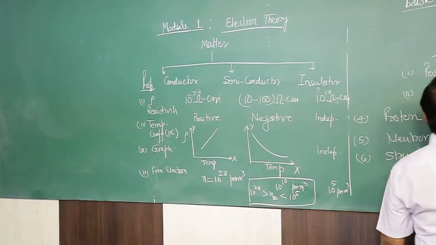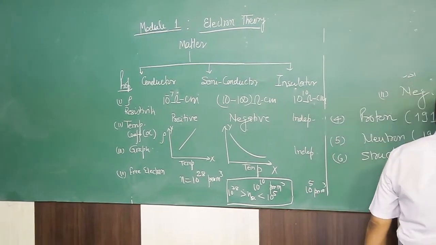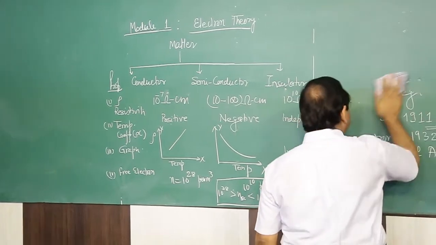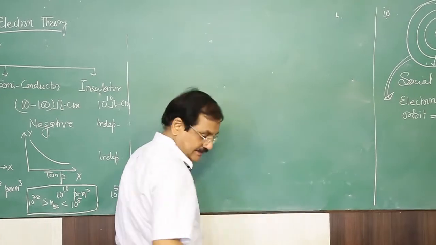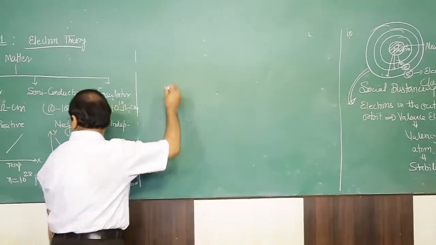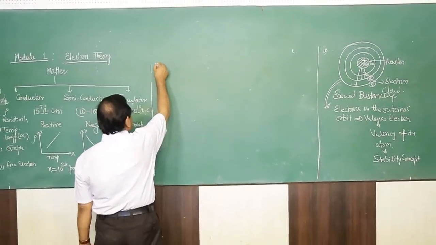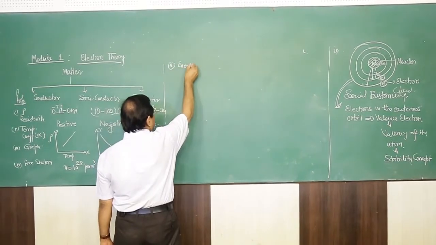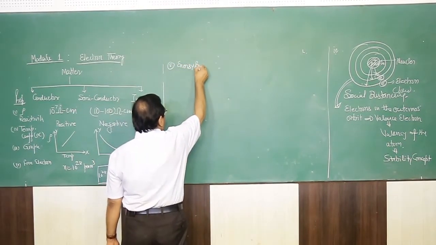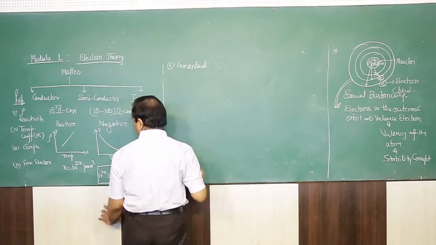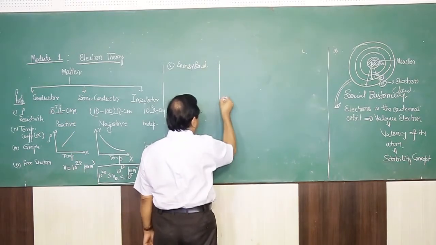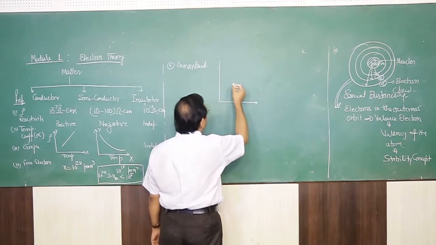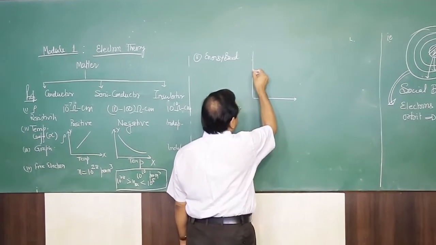The energy concept of the electron on the basis of the part is, fifth is energy band. Energy band in case of conductor, if this one is valence band,